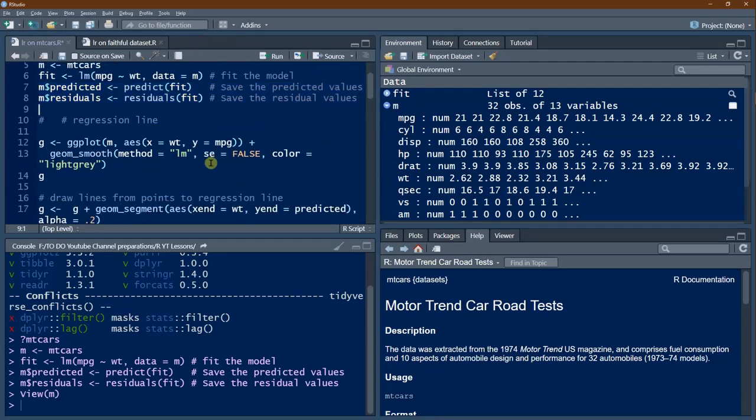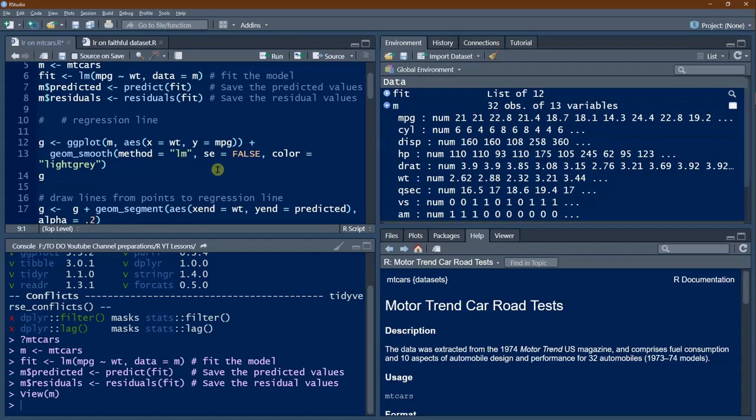Now we'll make a regression line. In ggplot, we'll give the data as yum, and then in aesthetics we have to define x and y compulsorily. So x is weight and y is MPG, and then a plot is created. In that plot we'll add a geom_smooth, which is going to add a line as per the linear model.